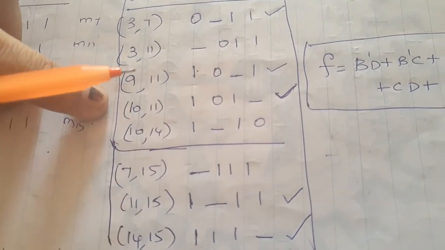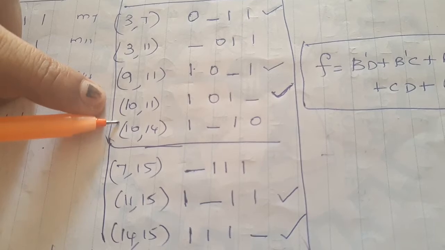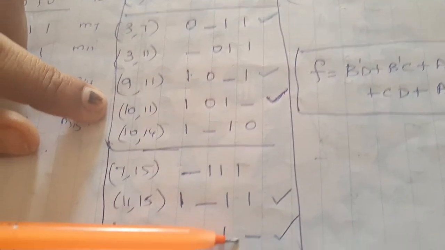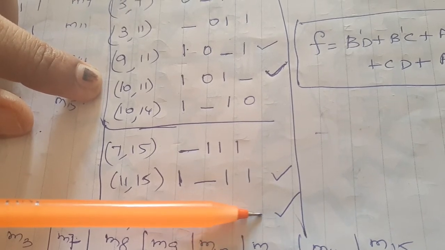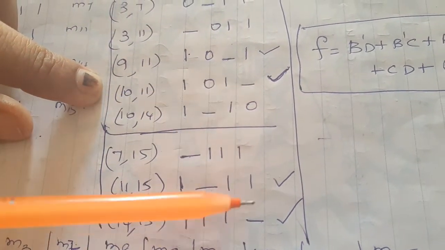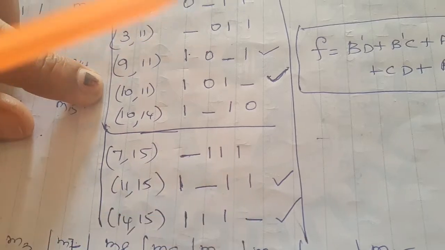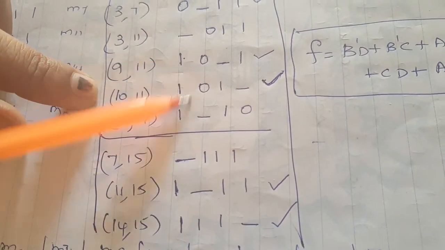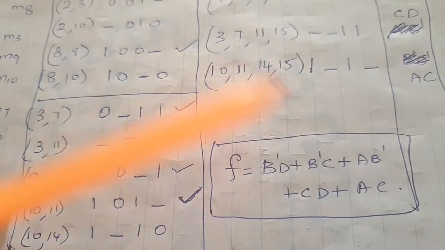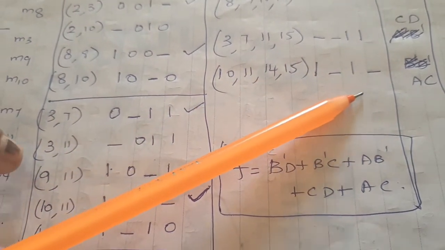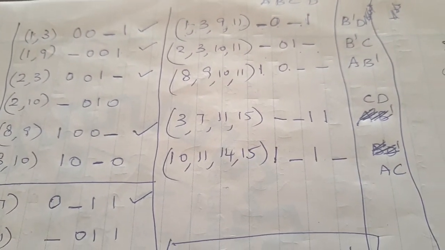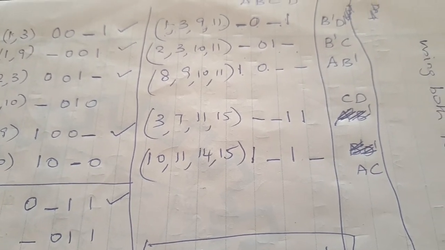Now which element do you have? This is all over. Now you have 10 comma 11. Compare 10 comma 11 to 10 11 comma 14 comma 15. So compare these two. A dash is there. Now compare the elements. The third bit is changing. Therefore 1 dash 1 dash. So you have reduced the subset again to the minimum value, and this minimized expression is called the prime implicant.